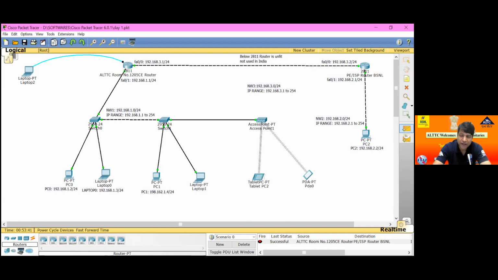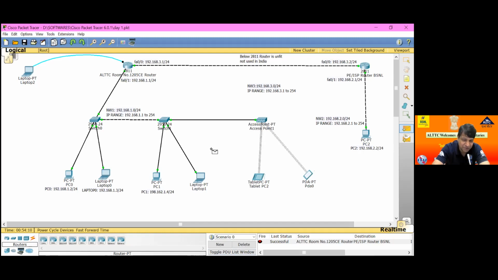If I go outside our campus to another location, some protocols, rules and regulations are required. Within the campus, there is no problem. So in today's session, I will discuss how to send a packet from PC0 to the ISP router, PC0 to the PC2 router. Do you understand? Yes or no?